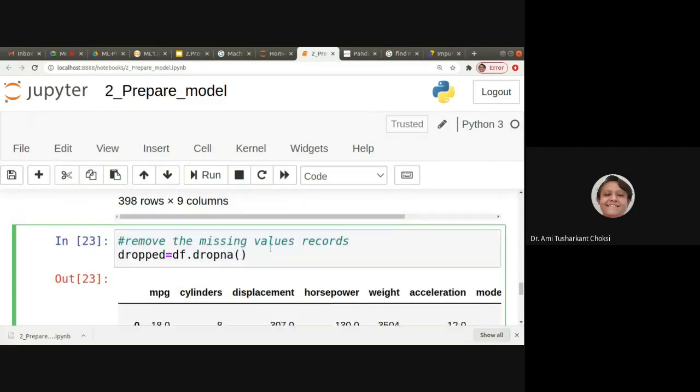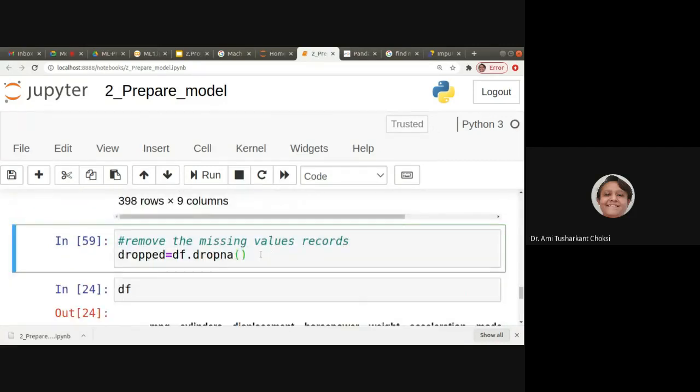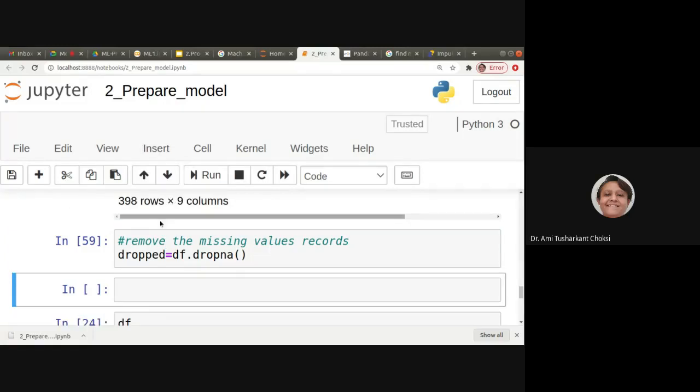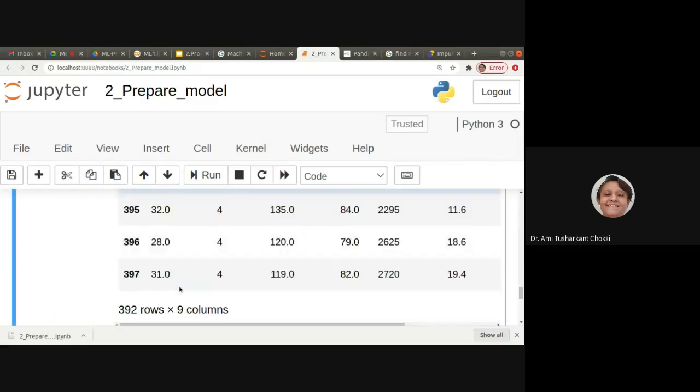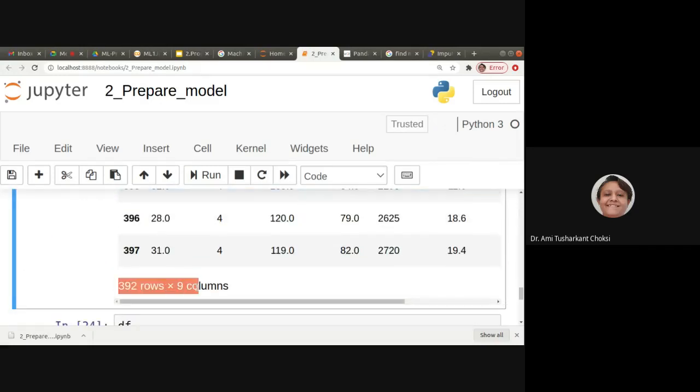So after that, let me print dropped. Okay, run this. Now what we can see here is 392 rows. 6 rows have been removed, right?